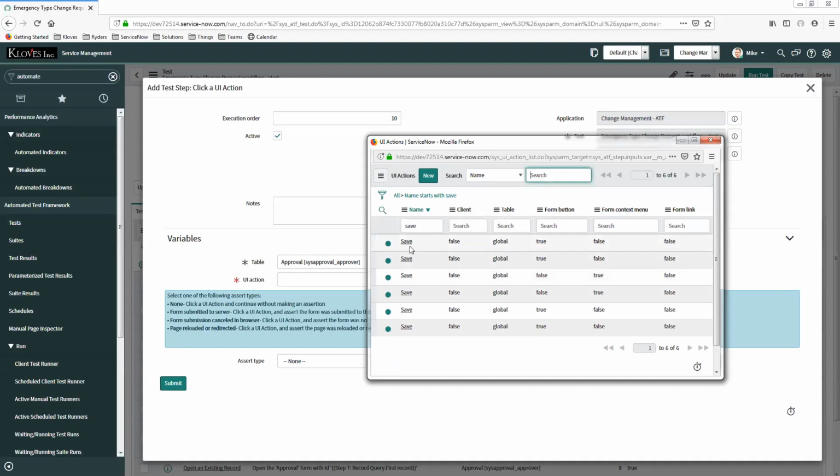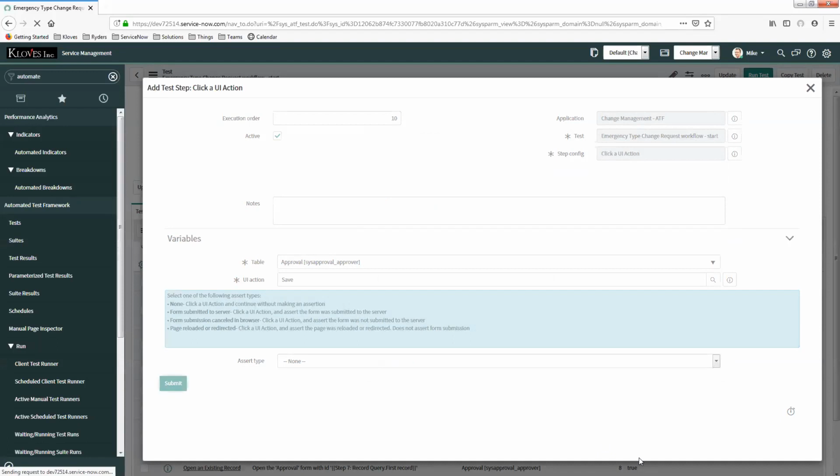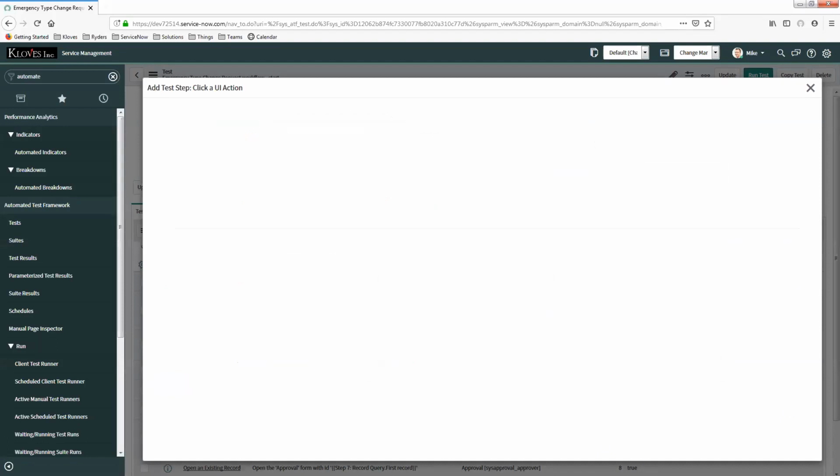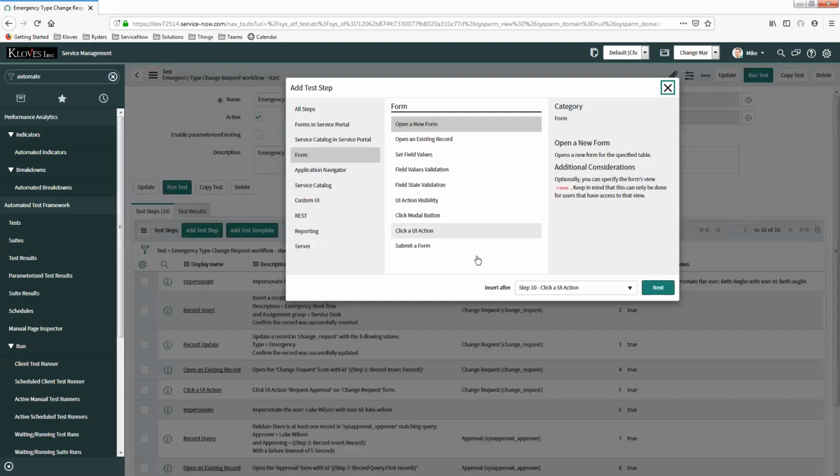And there's several different ones here. Okay, and we're going to submit that. So that's basically just the user pressing or clicking on the save button. All right, so we now have that record approved. The next steps that would happen in that change